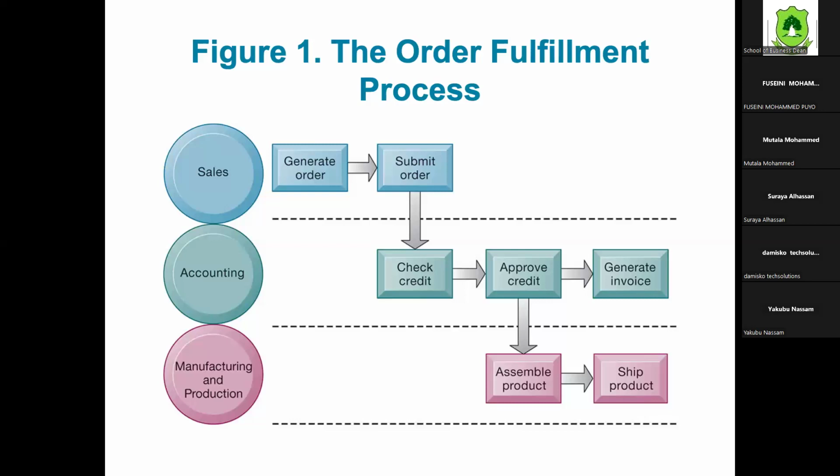If you look at this as an activity, this process is what? Cross-functional, because it cuts across. So we are saying that if you look at only this, that's one activity or process, which is what? Just unifunctional, just one functional area.